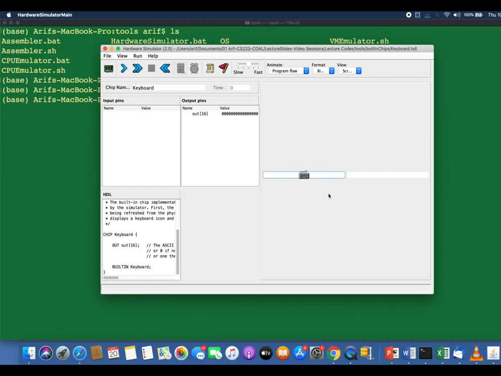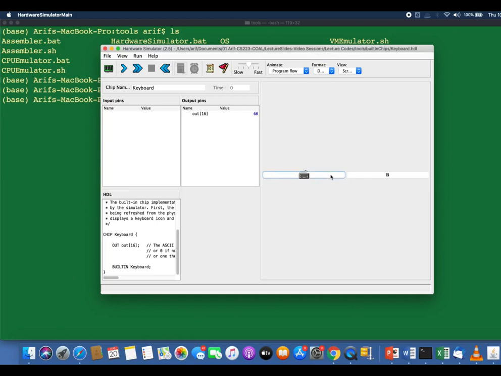Now whatever key I press on my real keyboard, the symbol will be displayed over here, and its 16-bit binary code will be shown in the output pin over here. Let me press A. So you see I have pressed A. The binary representation is there, which is 65. Let me change this to decimal so that you can understand. Let me select this keyboard again, press A, you can see the 65 over there.